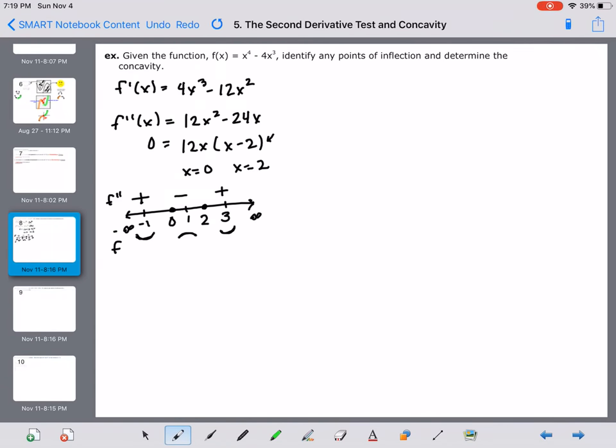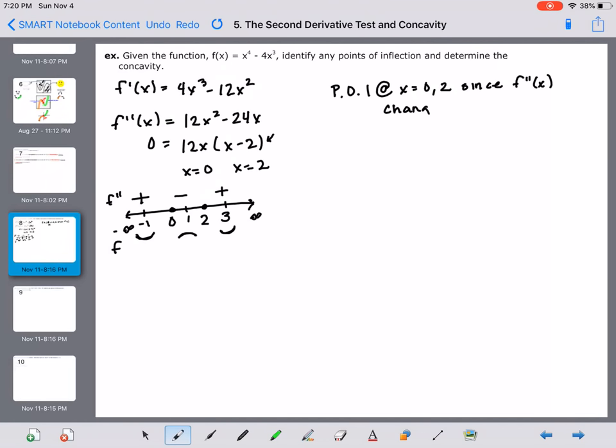So first of all, I have POIs. POI is an acceptable abbreviation for points of inflection, at... If I look at 0, there's a sign change from left to right. And if I look at 2, sign change from left to right. So both of those are classified as POIs, at x is equal to 0 and 2. And here's my justification. Since my second derivative